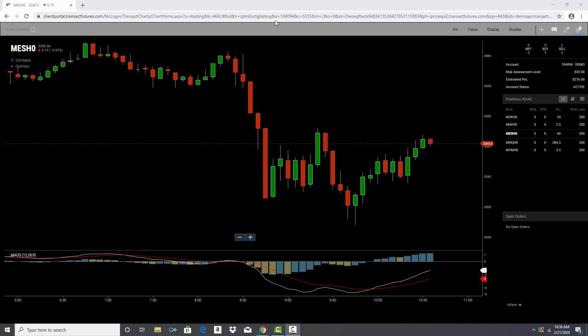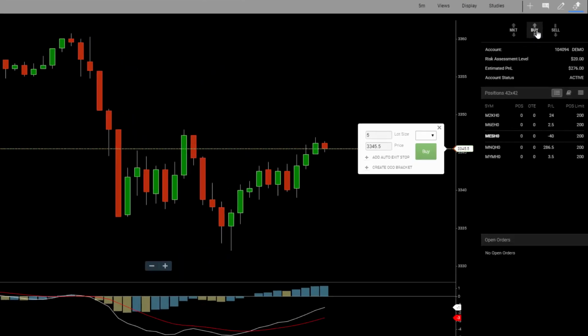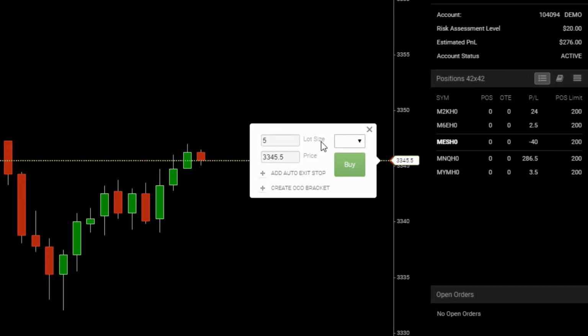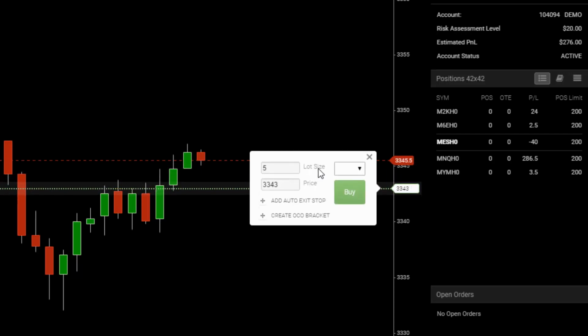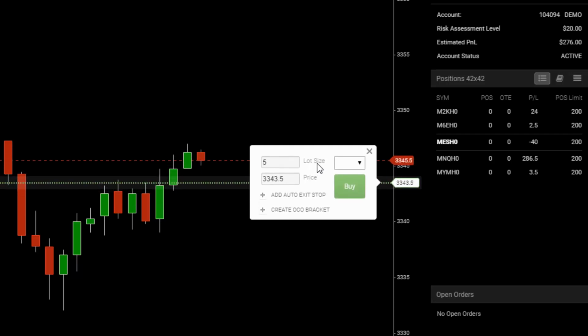So let's go ahead and buy a futures contract on ATpro, and we have a 5-minute candle chart. To initiate the trade, I'm going to go to the right hand side and click on the buy button. It's going to give me a trade ticket, and I'm going to send a limit order to the exchange. And I'm going to just drag my order entry ticket to where I want to place my trade. So we'll go ahead and try to buy on a limit at